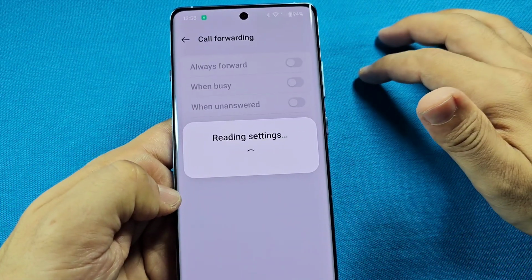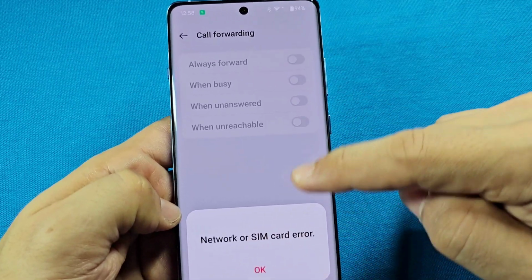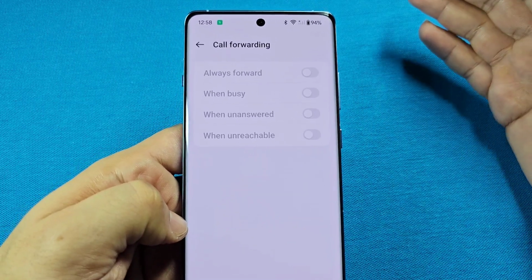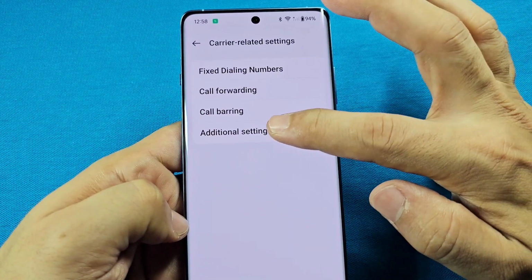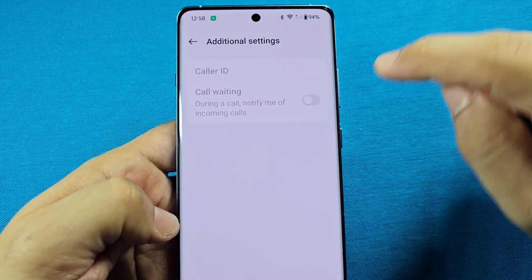And if you have a working SIM card, these will all be able to toggle. You can actually turn on these here, then be able to put in a number to forward the call to. Now, as you come out of here, you'll see additional settings. And once you go here, once again, if you have a SIM card that's working, you'll be able to turn